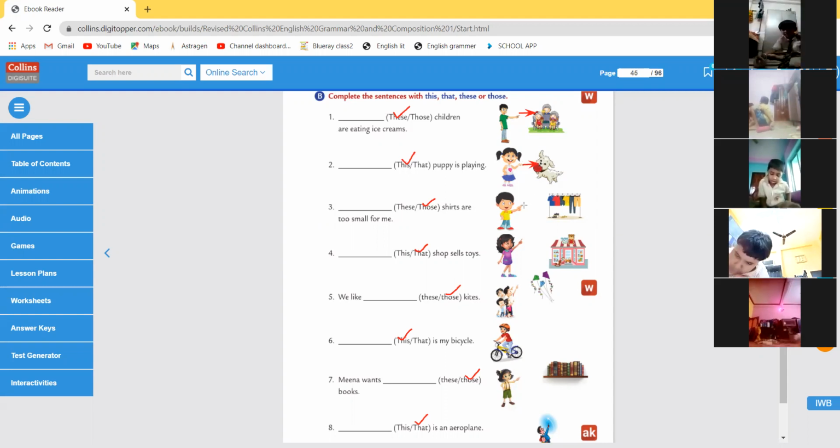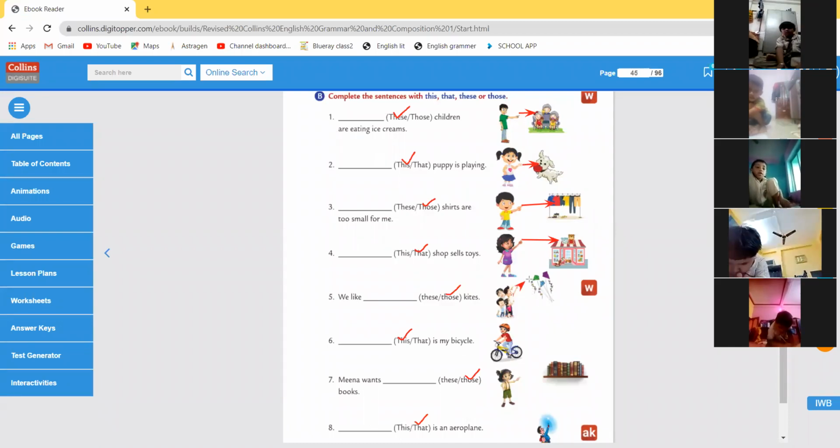These. Okay. For your understanding, I'm using a few arrows so that you can understand the distance. But in the exam, you have to understand the distance by yourself. Okay, see. Just look at the arrow so that you can easily understand small arrows and long arrows. Small arrows mean these and long arrows mean those.